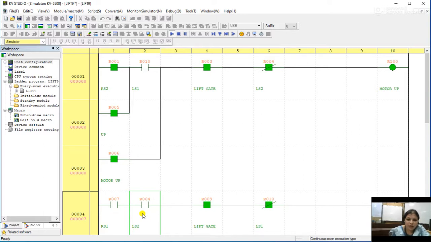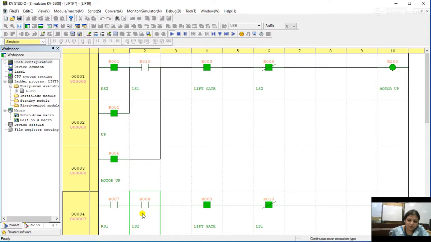If either R001, that is request switch S2, or else the up switch is on, your motor will start moving in the upward direction and the lift will be moved to the first floor.